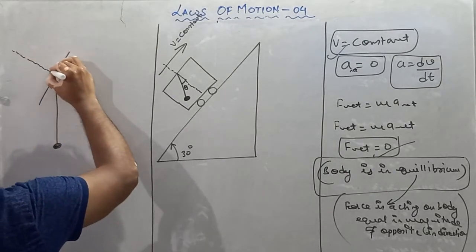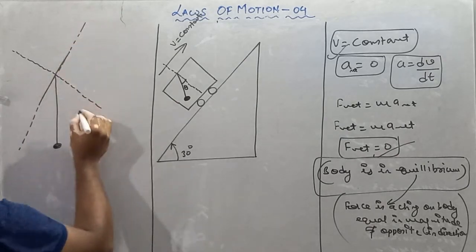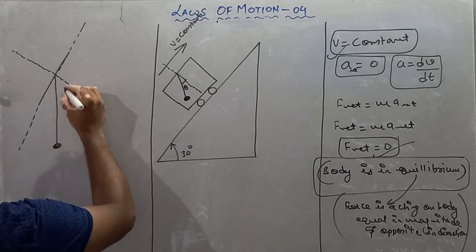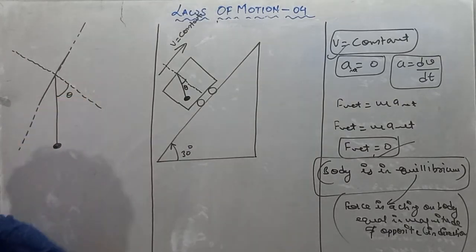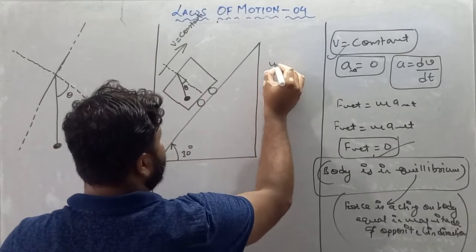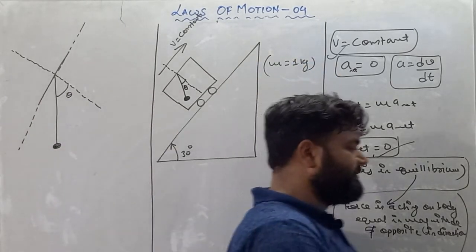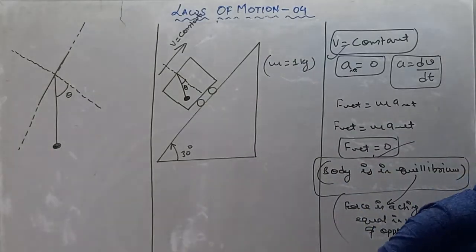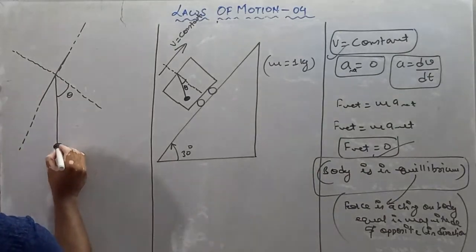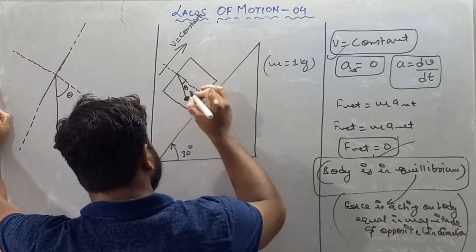We know that this is our y-axis and this is our x-axis. This is a rope and this angle is theta. The Bob carries a mass, which is given as 1 kg. So if mass is given, then we know that it must carry some weight as well. Weight is always vertically downward.